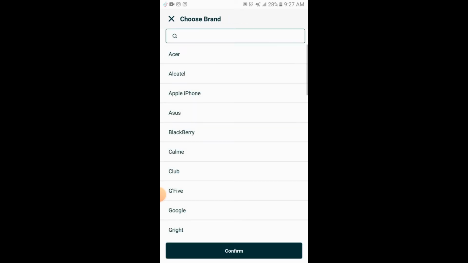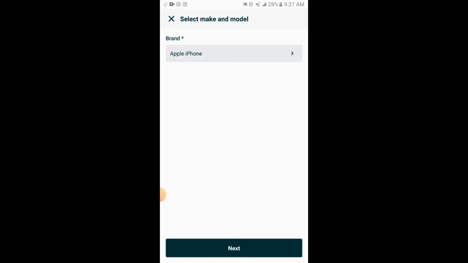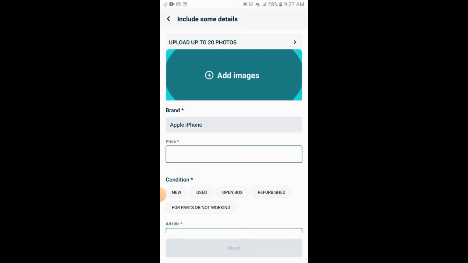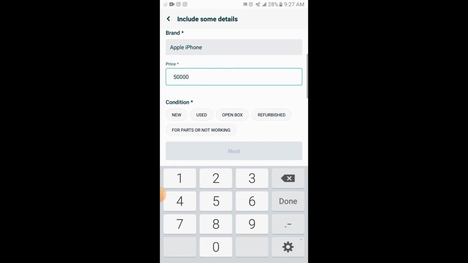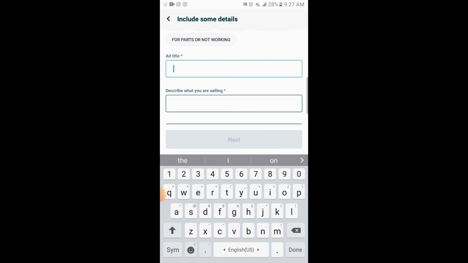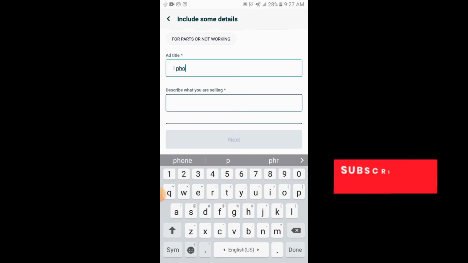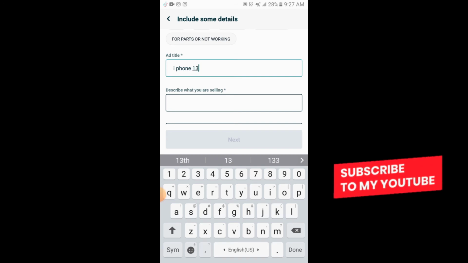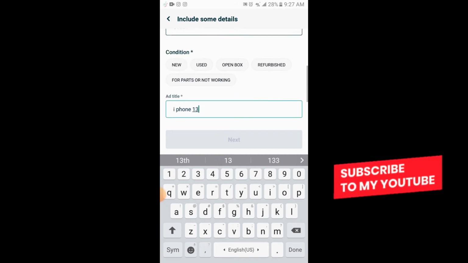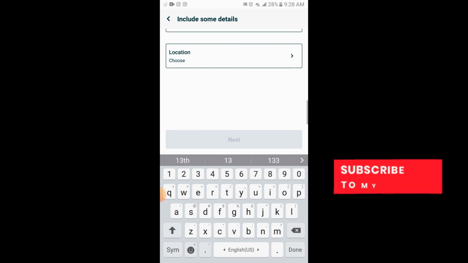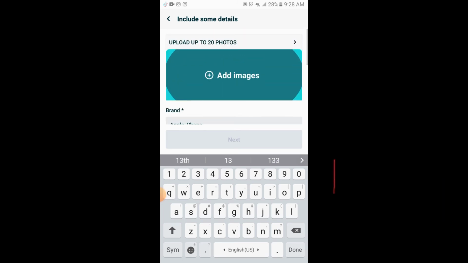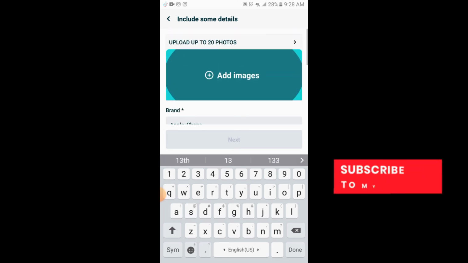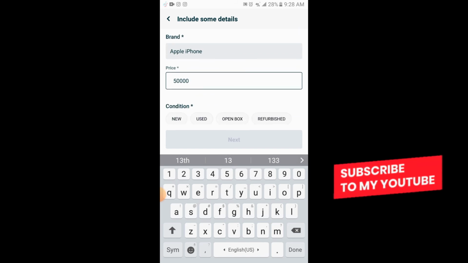So here you can tap on your individual, you will tap on iPhone. So here you will tap on next. So here you will add a price. Okay, so here you will add iPhone. So here is the title of your phone. When you will tap on next, you will enter your mobile pictures, your brand name, your price